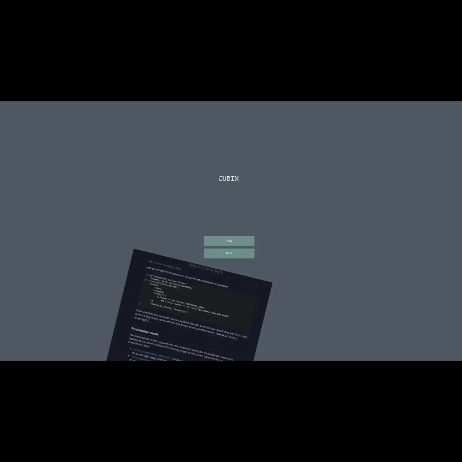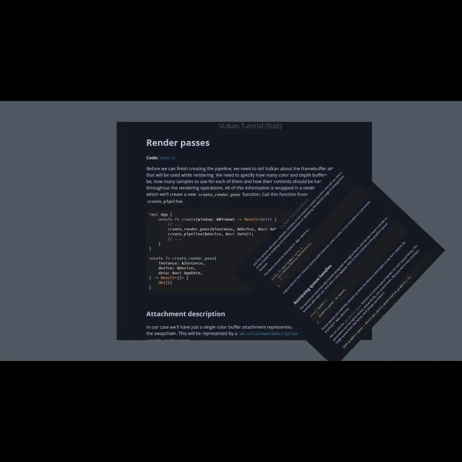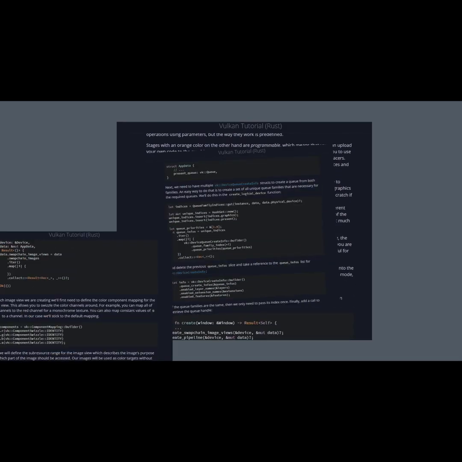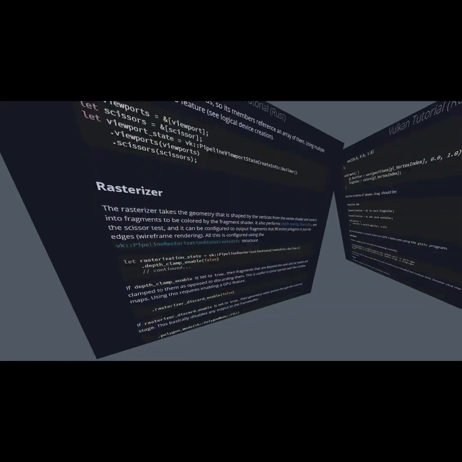Base code, instance creation, validation layers, physical device selection, queue families, logical device, queues, window surface, swap chain, image views, graphics pipeline, shader modules, fixed functions, render passes, swap chain recreation, vertex buffers, input description, staging buffers, index buffers, uniform buffers, descriptor set layout, descriptor pool, descriptor sets, texture images, samplers, depth buffering, 3D geometry, mip mapping,